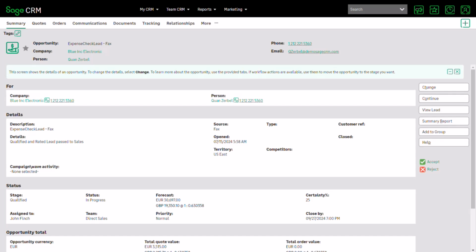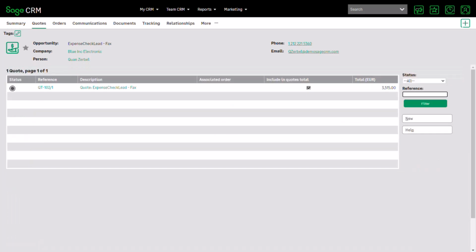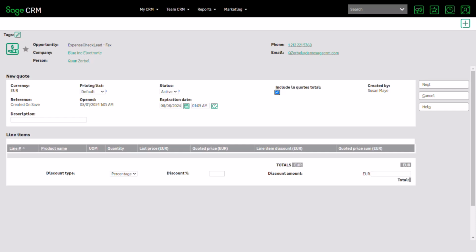quote for ourselves. So I've just clicked to come up to the level of the opportunity, and I'm going to look at the existing quotes page, so I can now click on New to start that process. Again, there's a currency in which we're working, the currency in which the company is being sold, or the opportunity is linked to that. We can choose a price list, and we can choose to give this a description. Now, if I start that process of choosing a price list,